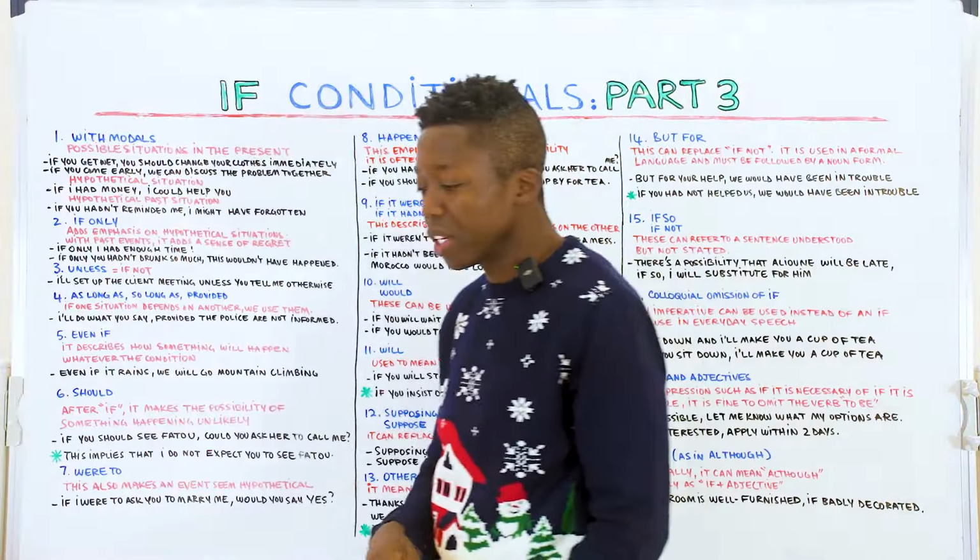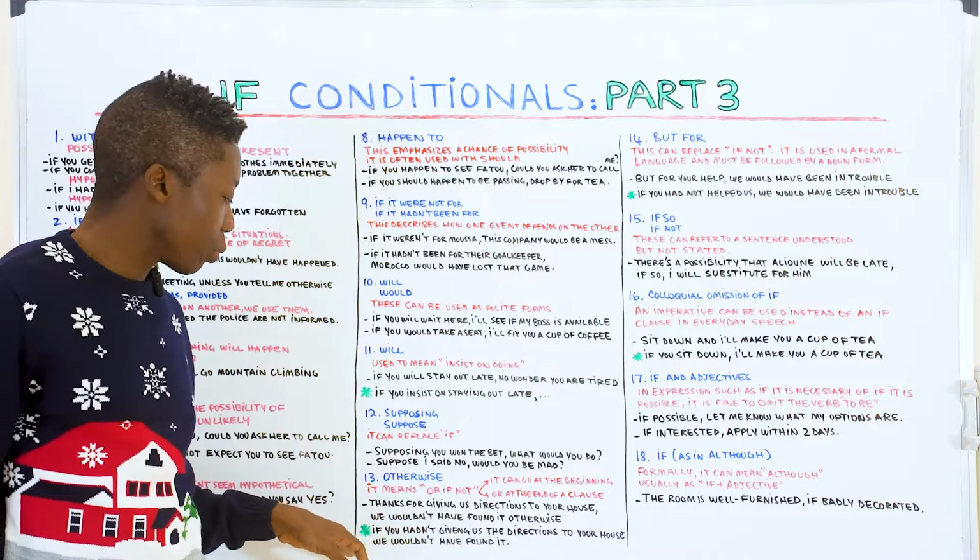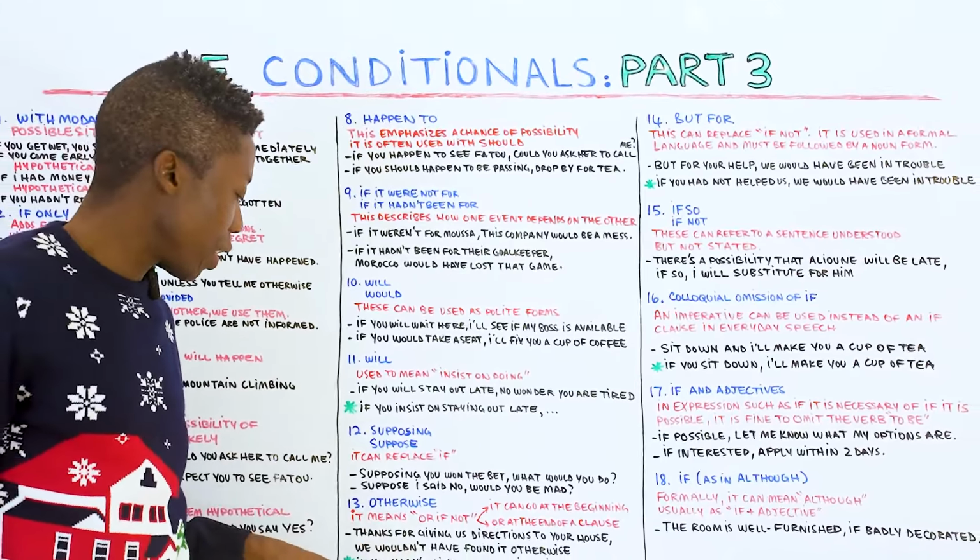Here, the meaning of this sentence, and again, you see the green asterisks, simply explains the sentence. It means if you had not given